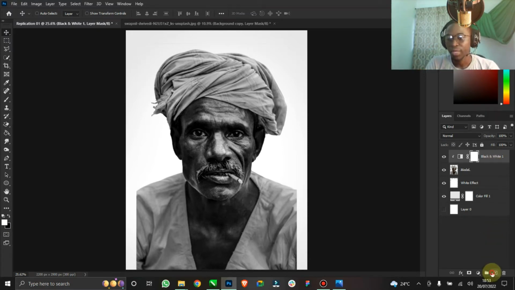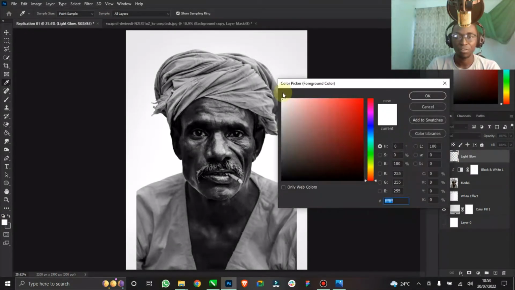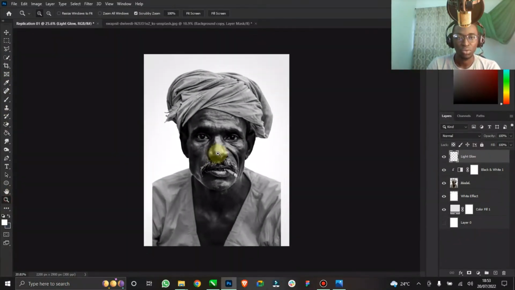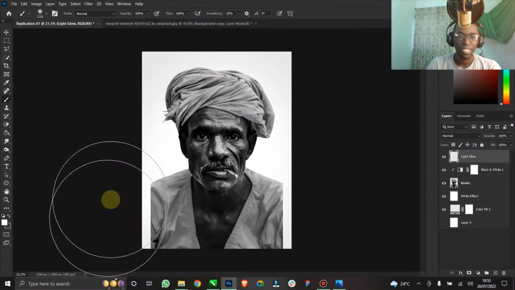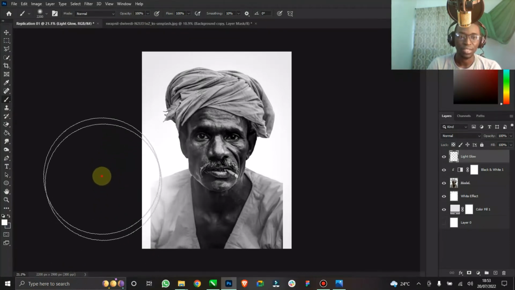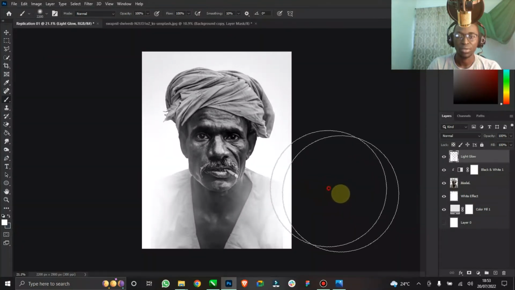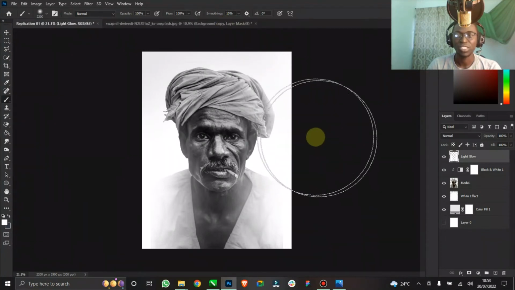So yeah, let's create a new layer, call it light glow. Ensure you have your white selected. Let's zoom out a little. Now choose your brush tool, then ensure your opacity is 100. Then just paint across here like this. Just paint across like this. And here as well, paint across. Then you can paint at the top as well, so that it doesn't seem as though it's just